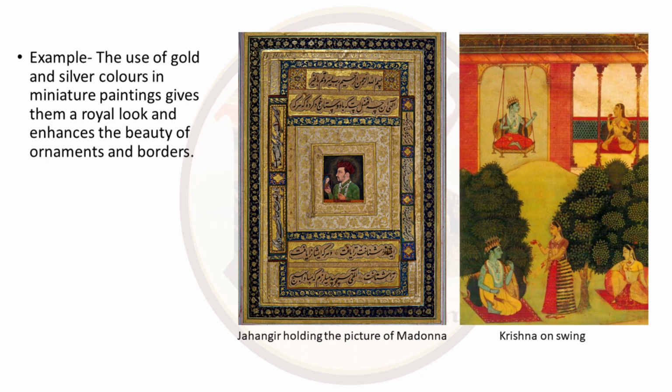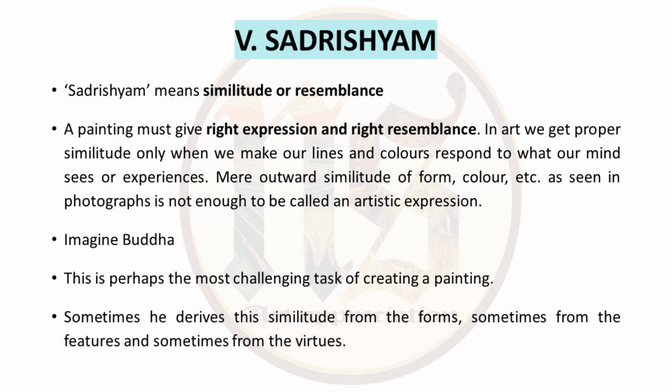In other miniature paintings also, like Radha and Krishna paintings, each leaf of a tree has been outlined in detail. The jewelry, the ornaments, the dresses, everything has been given a lot of detailing. So the artist knew how much Lavanya has to be added, and it is done in an organized manner to make it look beautiful. Sadrishyam is the fifth limb.